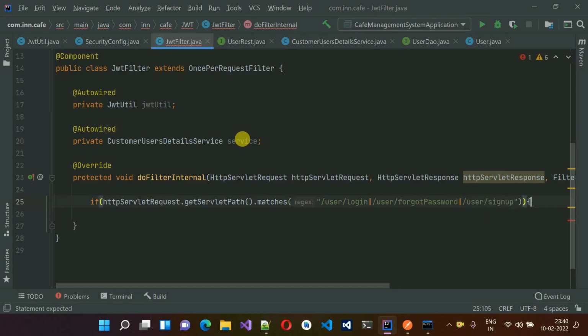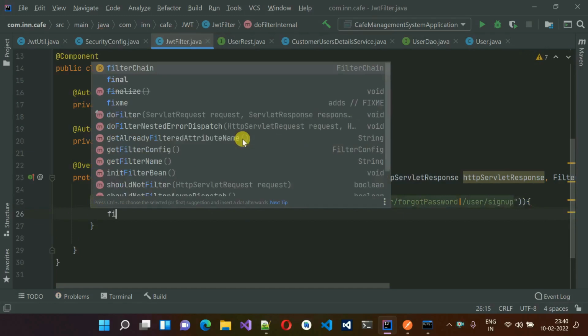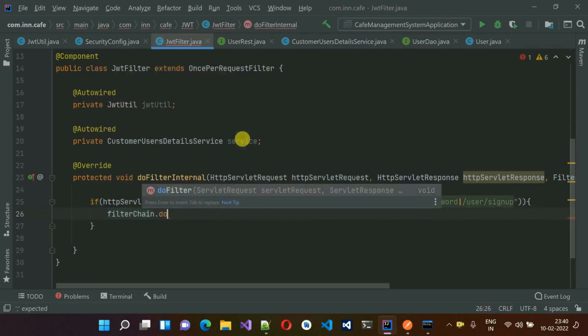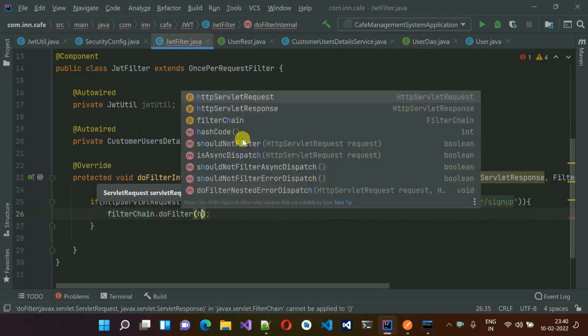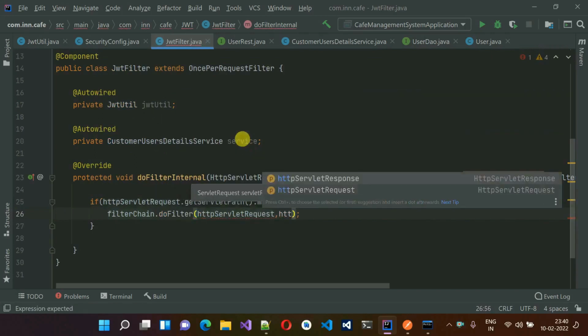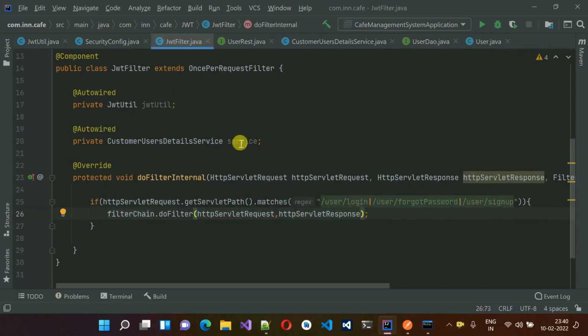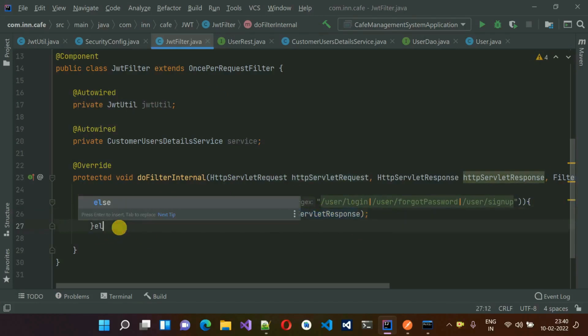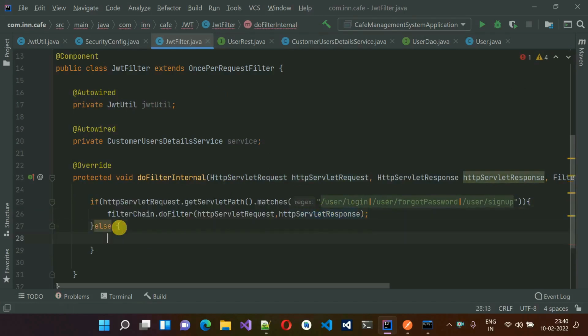If this is the case, then we simply type filter chain dot do filter, and we simply pass this http servlet request and http servlet response. It means that we just let it go into this one, and we pass the response also. If this is not the case, then we have to do the filtration,